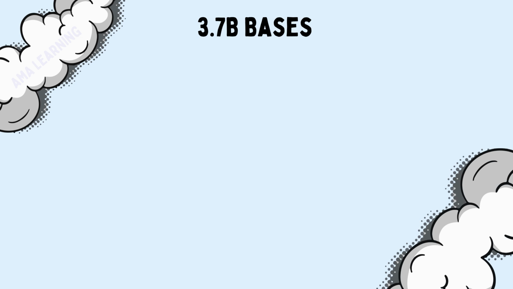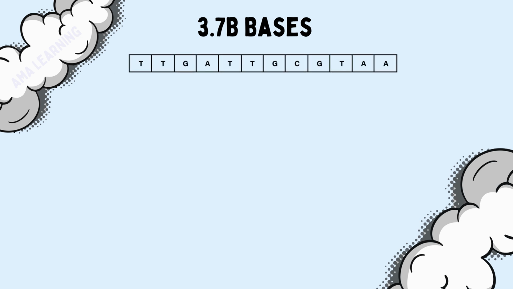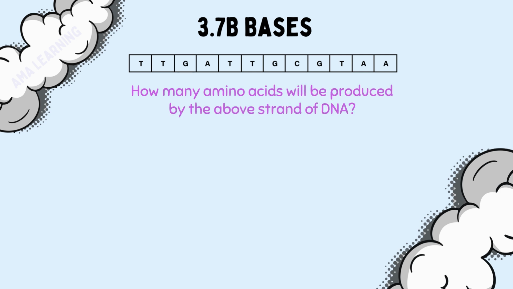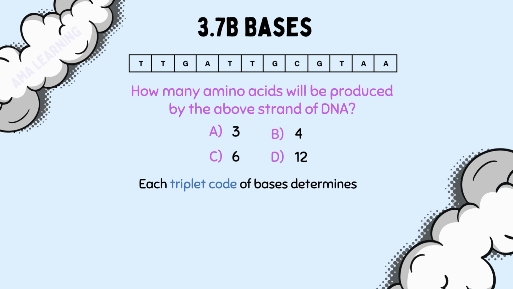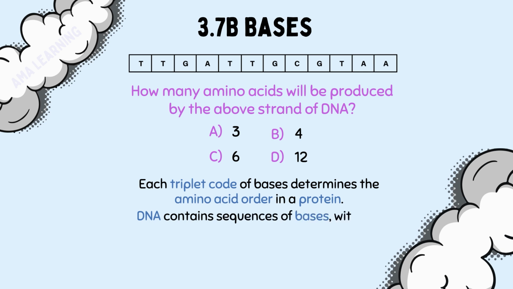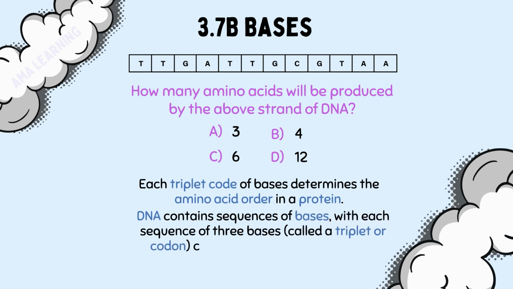Let's apply what we have learnt to the following GCSE-style question. The question is asking to work out how many amino acids will be produced by the above strand of DNA. We have learnt that each triplet code of bases determines the amino acid order in a protein. DNA contains sequences of bases, with each sequence of 3 bases, called a triplet or codon, coding for a specific amino acid. The key part of the learning needed to answer this question is that 3 bases codes for one